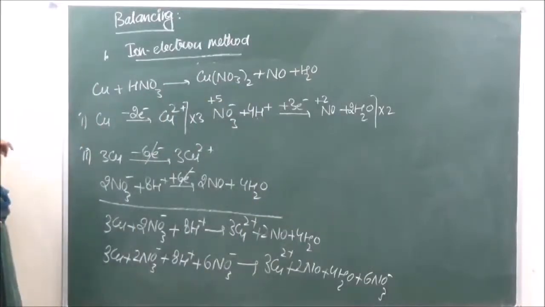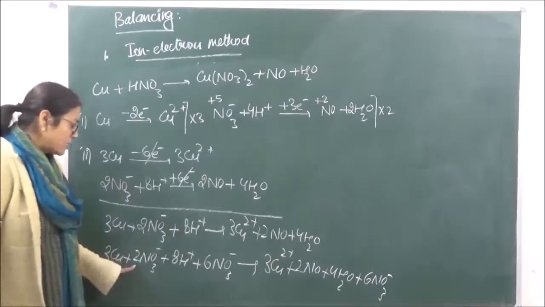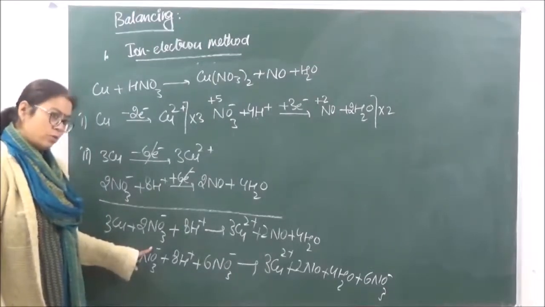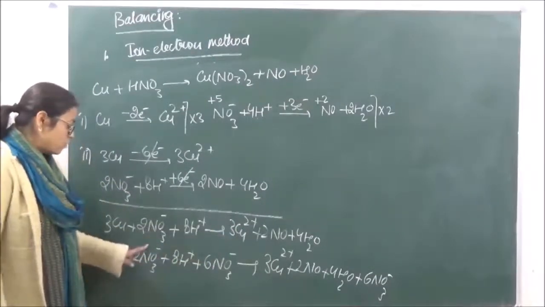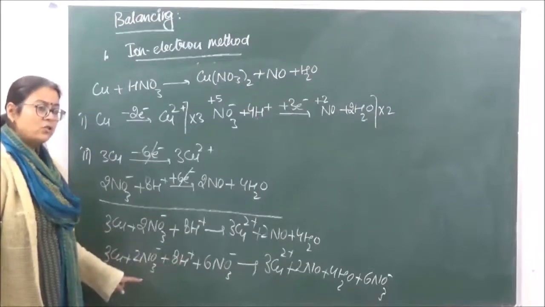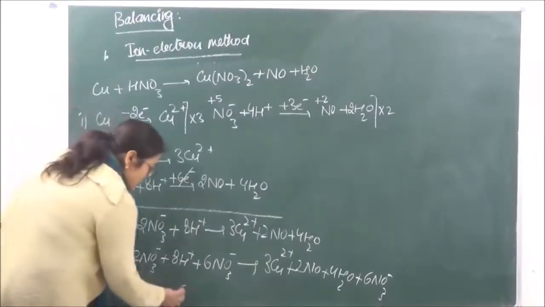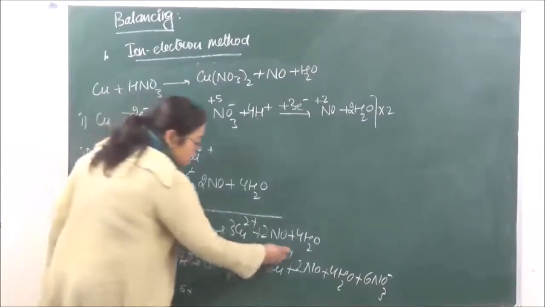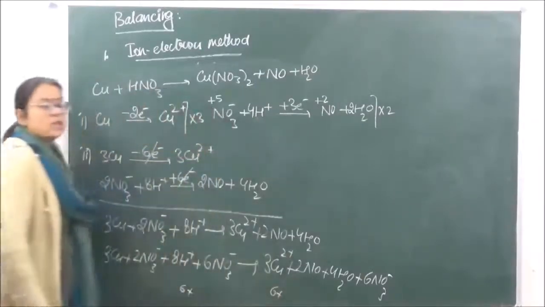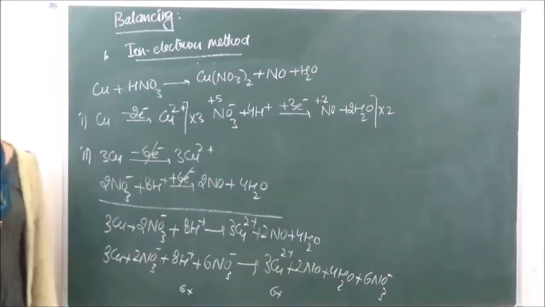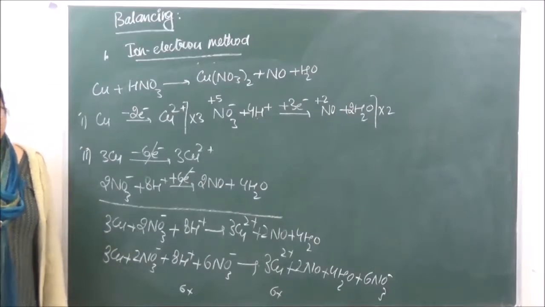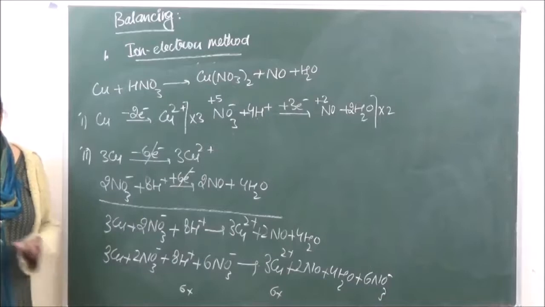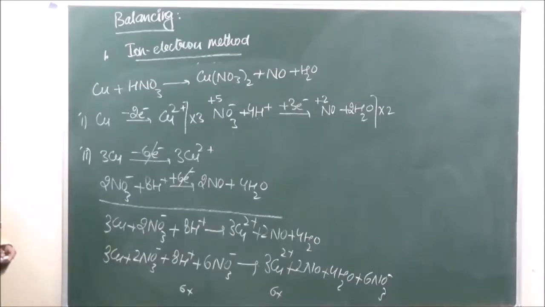Now you also have to see in the final equation that the number of charges on both the sides should be same. So if you look at negative charges over here, there are going to be 2 negative charges. इसको रहने दो because ये दोनों साइड वैसे ही cancel हो जाएंगे charges. So we have 2 negative and 8 positive. So 8 minus 2 will become equal to 6 positive charges on the left hand side and 3 2s are 6 positive charges on the right hand side. Number of charges should also be same. Okay? Is it clear? So this is how you will balance. Now let's balance another one by ion electron method.